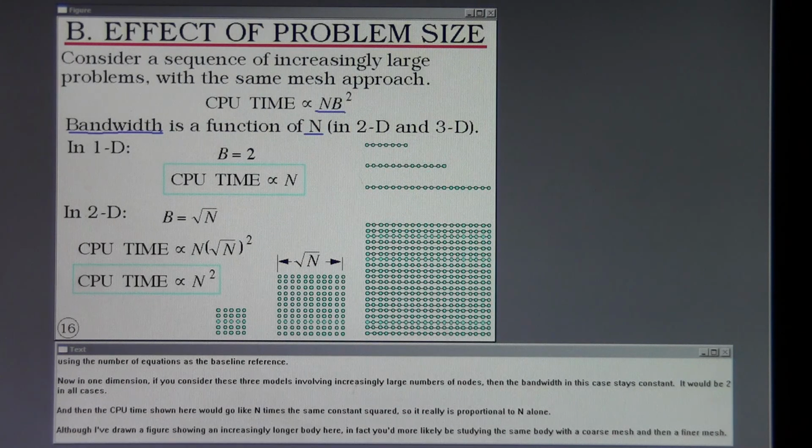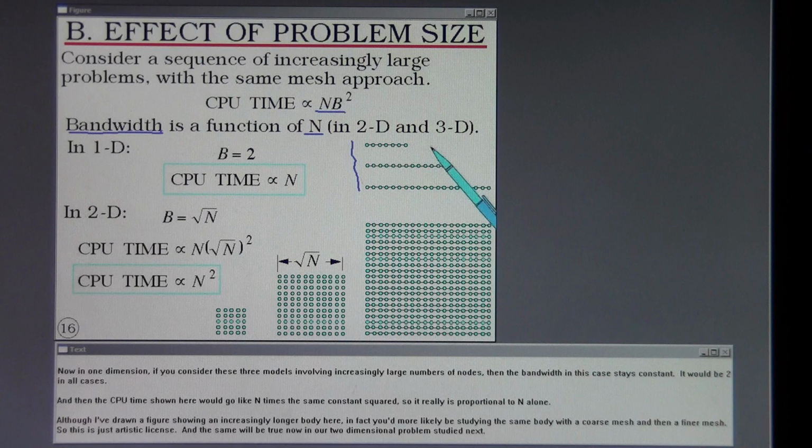Now, in one dimension, if you consider these three models involving increasingly large numbers of nodes, then the bandwidth in this case stays constant. It would be 2 in